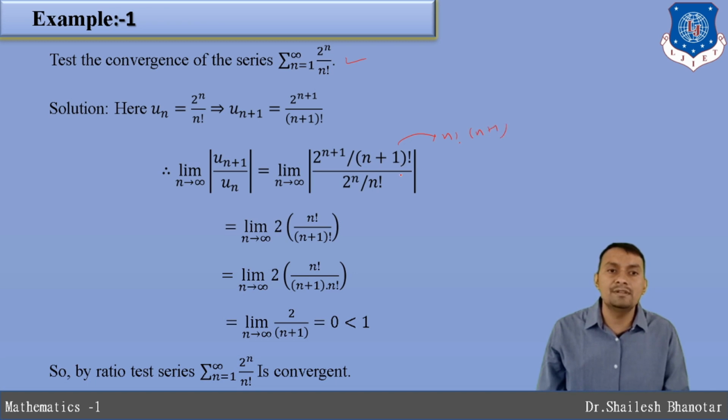Whenever you simplify, the n factorial cancels out, 2 raised to n also cancels out, so you get 2 times 1 divided by n plus 1. When you take the limit, you get the answer 0, which is less than 1, and therefore by the D'Alembert ratio test the series is